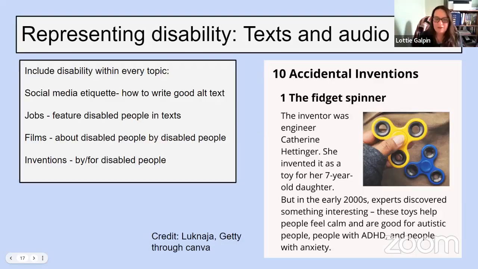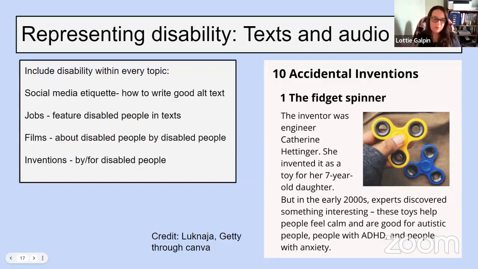That's bringing in a representation of disability or accessibility issues in a very integrated way without really focusing on disability. If you're talking about jobs, and I'm thinking about those typical texts where you have four people talking about a day in their life of their job, just include one or two disabled people. You don't even necessarily need to mention the disability because you're talking about their job, unless it's relevant. It's just bringing disabled people into all these ordinary standard topics.